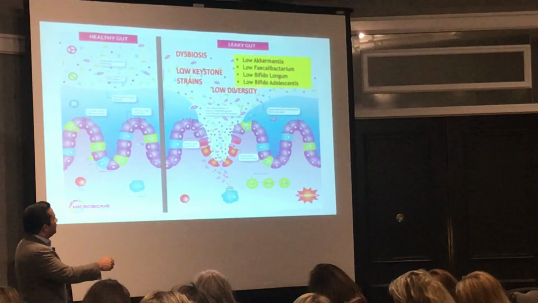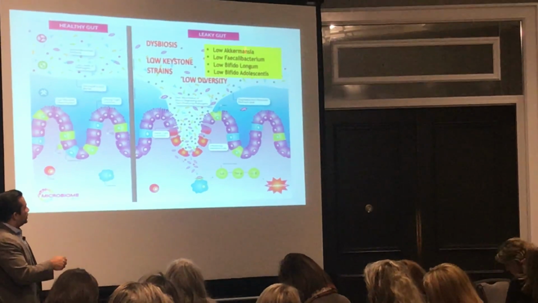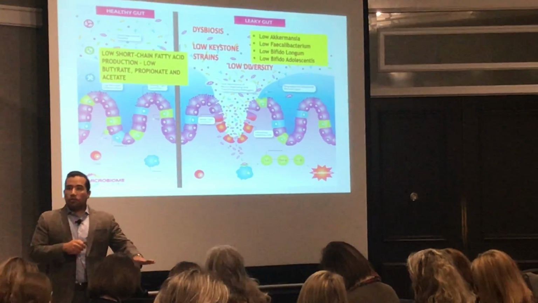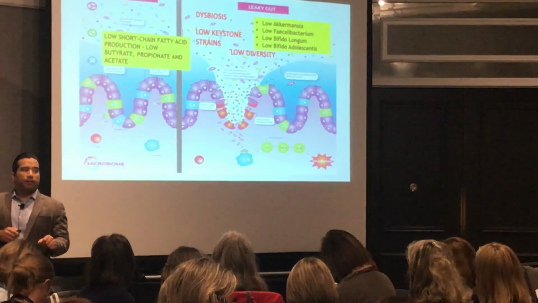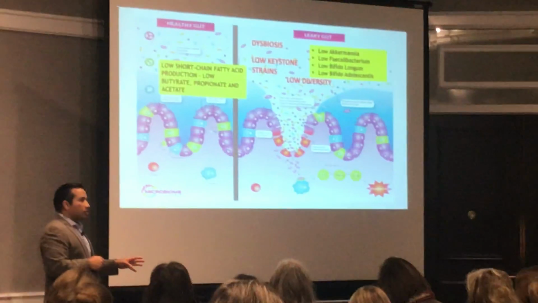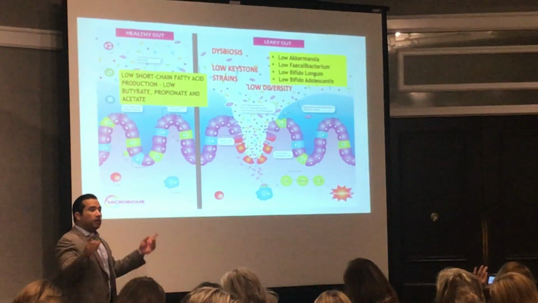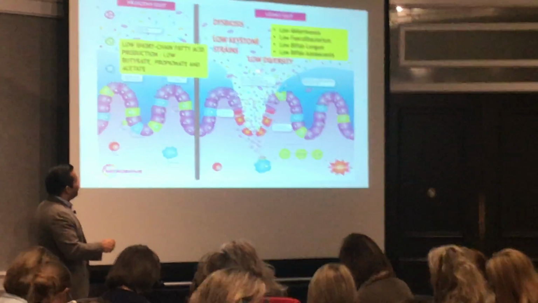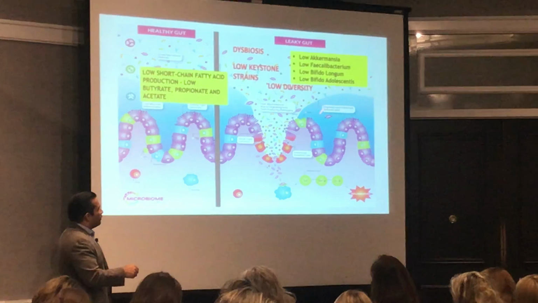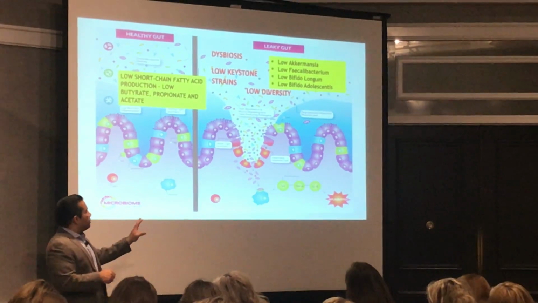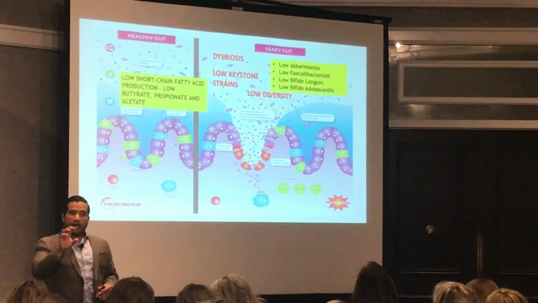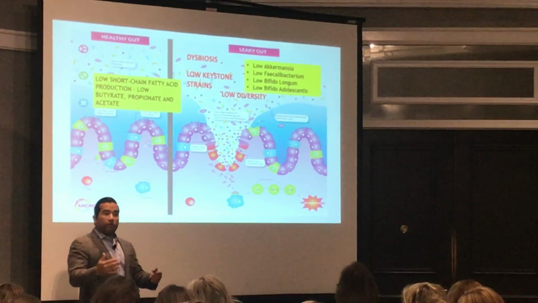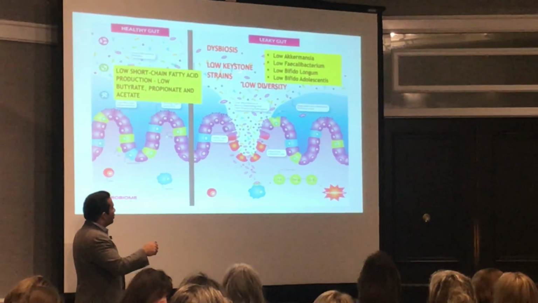Now, when you start having this dysfunction, then all of the products that these bacteria produce, for example, short-chain fatty acids, start to go down as well. So one of the characteristics that you can see in a dysfunctional microbiome are low short-chain fatty acids. So low butyrate, propionate, and acetate, and then there's all of these branched short-chain fatty acids like valerate and so on. So when you have low levels of this, the first thing that starts to occur is you start to get dysfunction in this mucosal structure. So this inner part of the mucosa that I mentioned here is actually like a thick gel-like layer, right? And it's supposed to maintain that barrier type of function because it's supposed to prevent all these organisms from migrating inward.